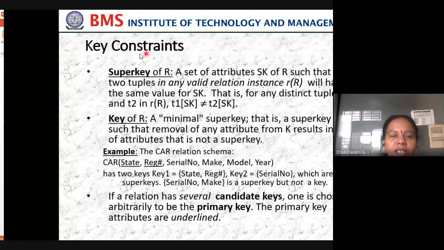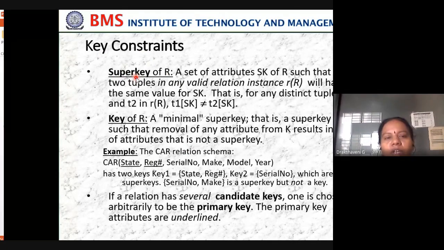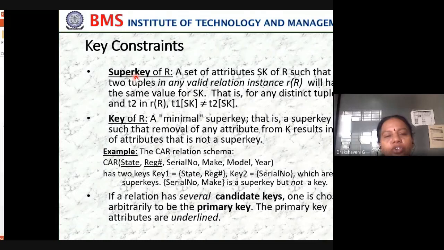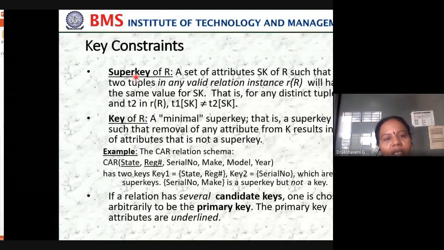First one is the key constraint. What is a key constraint? Super key. Now, first I'll take your name as your key attribute. Once you come for the first semester, your USN will not yet be generated. Then how do I identify? I'll take your name as your super key. Later, as we come to the end of your first semester, your USN will be generated by the university and sent to us.